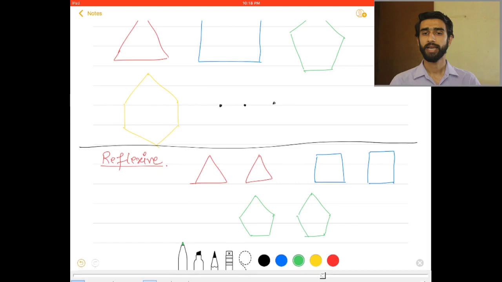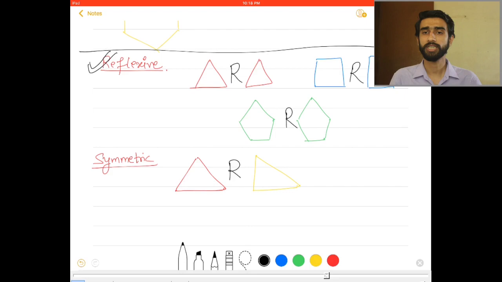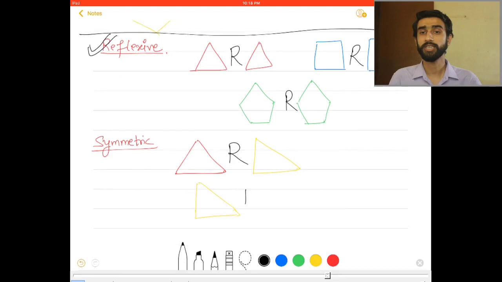Now symmetric. If I take any two objects from that, if red is related to yellow, equal number of sides, then yellow is related to red, equal number of sides. Okay. Now for transitivity, if I take